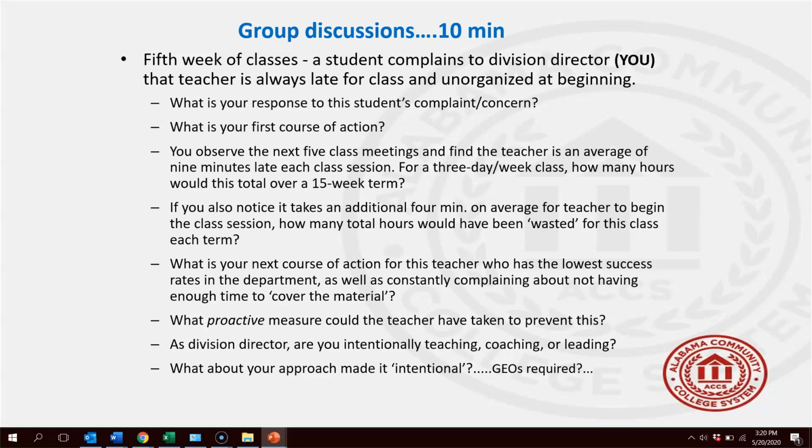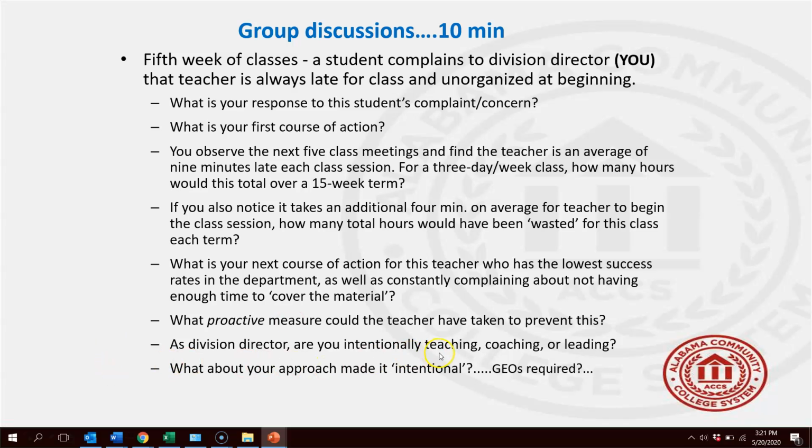We don't flounder around when there's mistakes or problems. We address them. We make sure there's a plan for correcting it, and then we move on. So if you ask what proactive measures a teacher could have taken to prevent this, well, how about polling the class? We always suggest giving a little short eval, just a few questions after the first major exam. When we've gone through our whole process, given objectives, taught the lessons, they performed the activities, and then we tested, went through the entire cycle, that's a good time to give a little course eval. Maybe these things would come out.